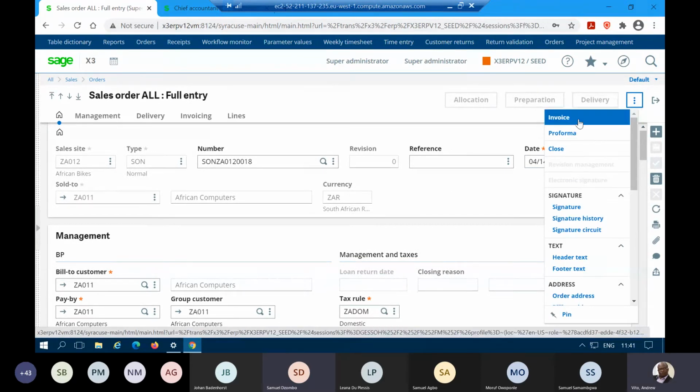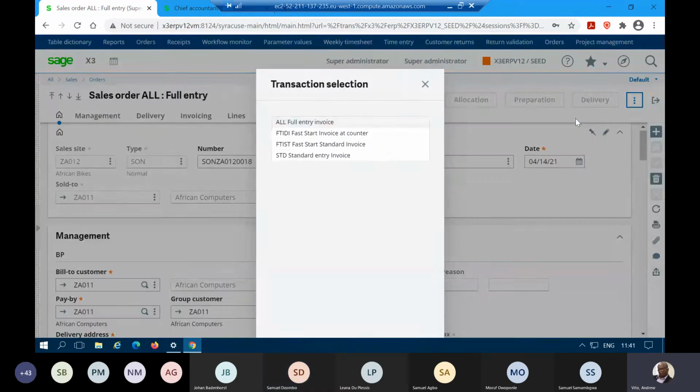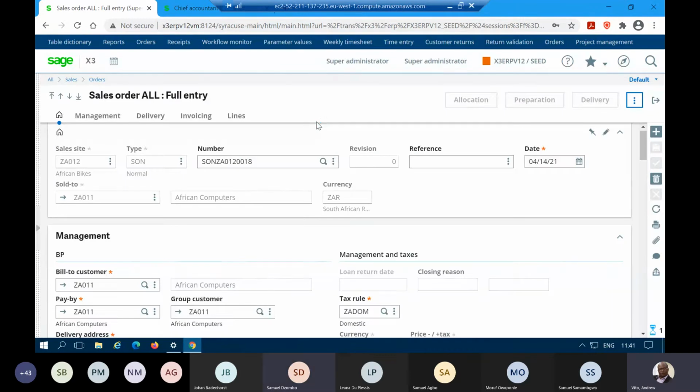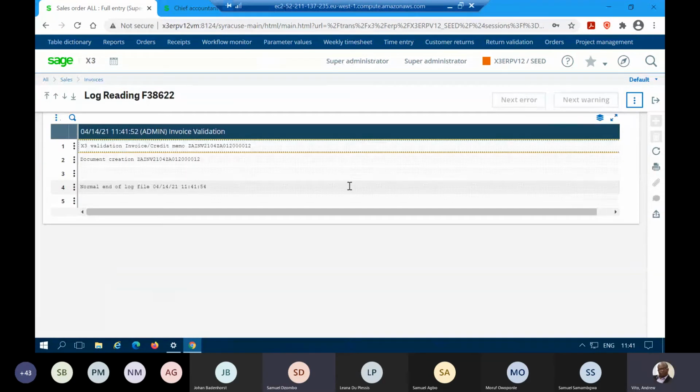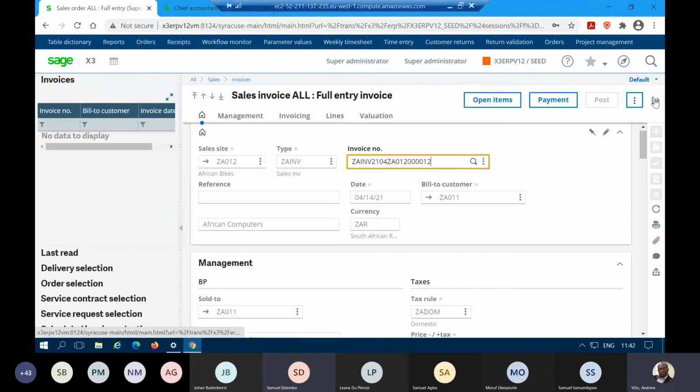So that's the sales order that we created earlier on, and then we can actually invoice it and post. Okay, so that's our order, and then invoiced. And then if we go back to our project,